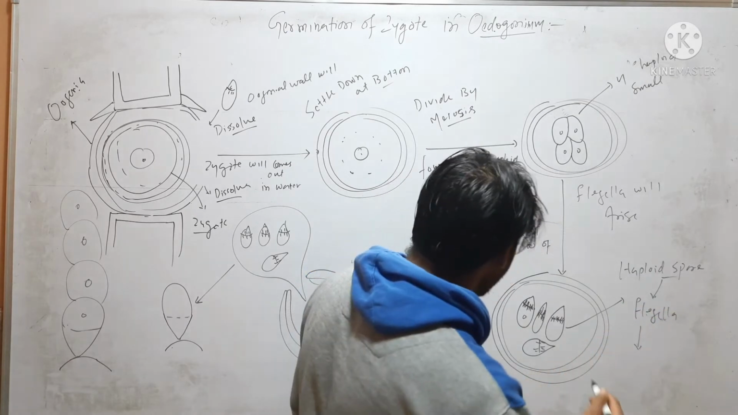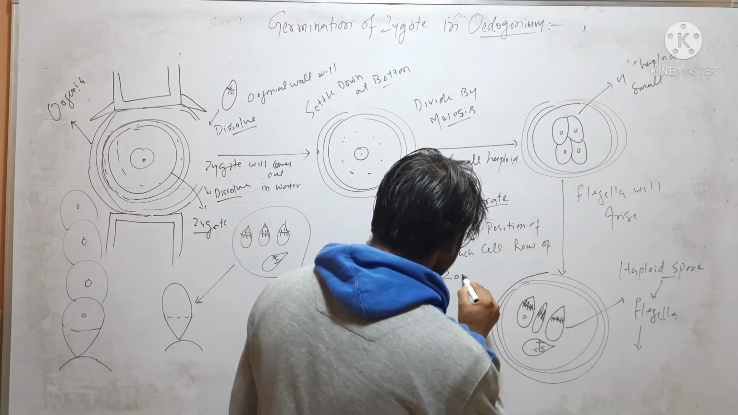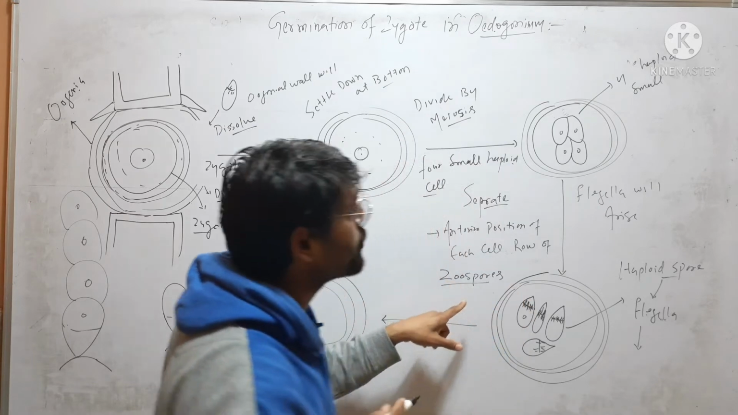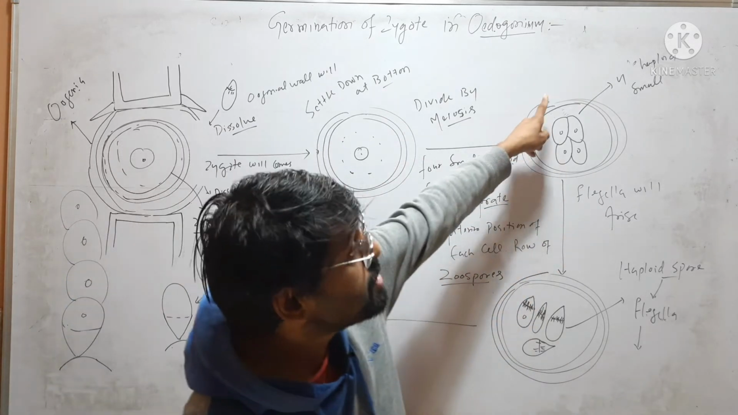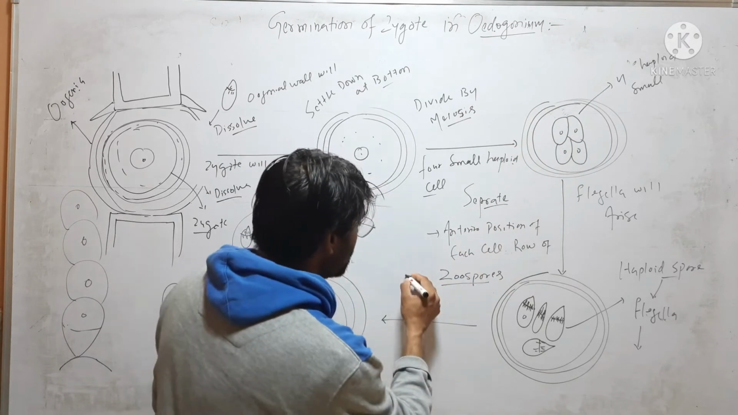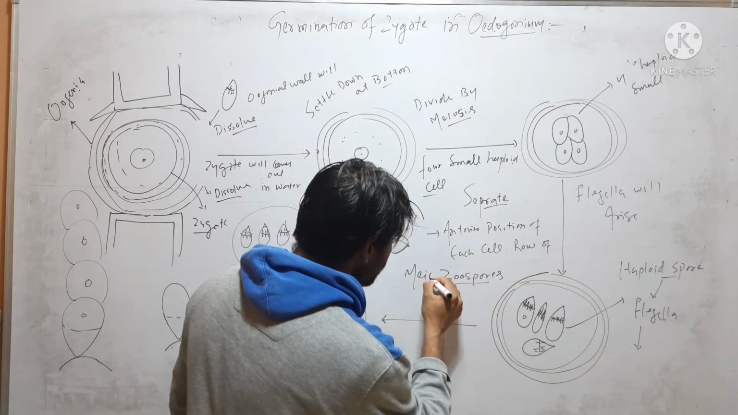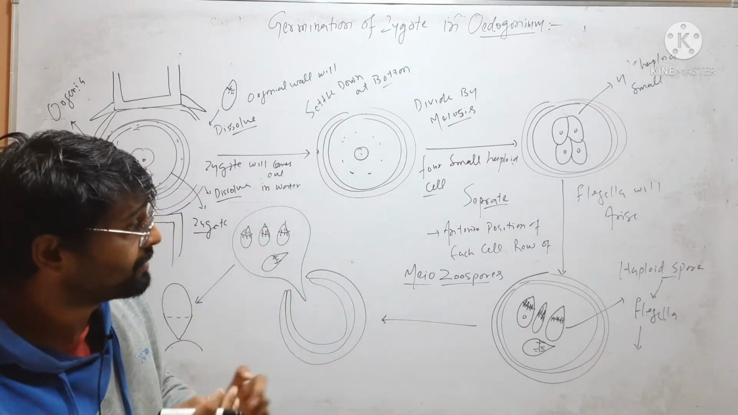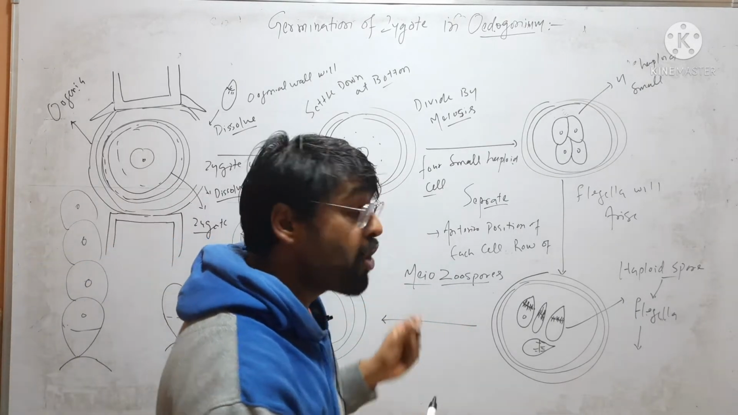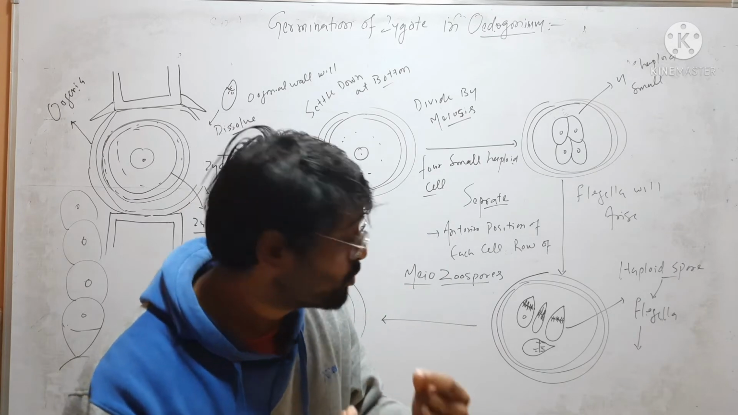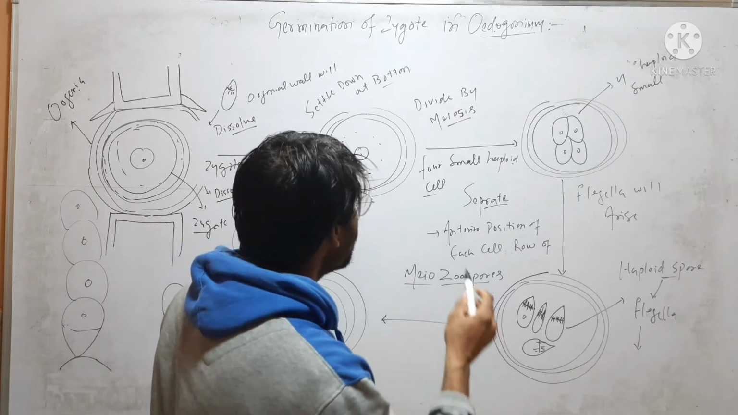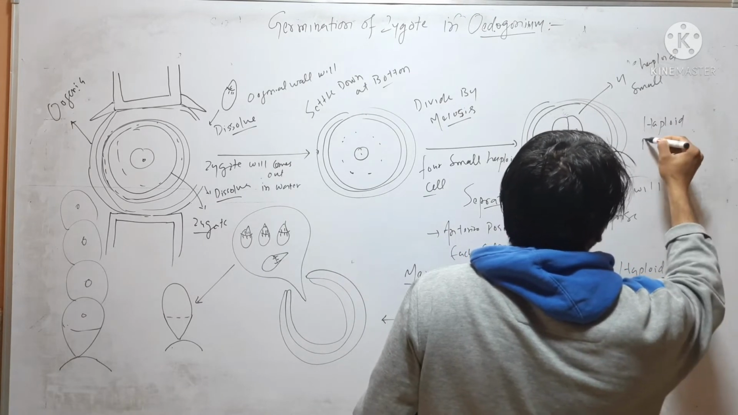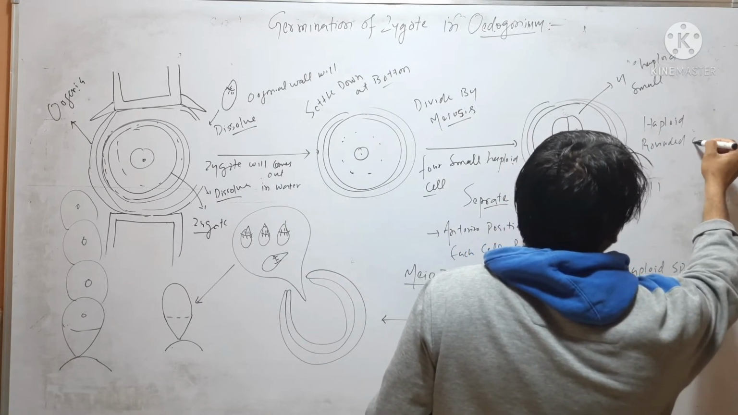So these spores will be called zoospores, and these zoospores are formed by meiosis. That is why they will be called meiospores. So what are meiospores of Oedogonium? Meiospore of Oedogonium is a haploid rounded cell